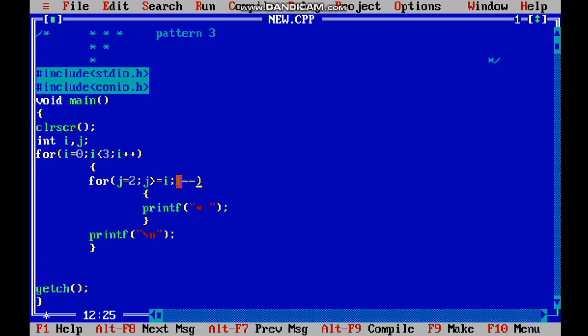So in the first run j will run 3 times. As j runs 3 times, it gives us columns 0 1 2, or you can say 2 1 0, but it is the same.